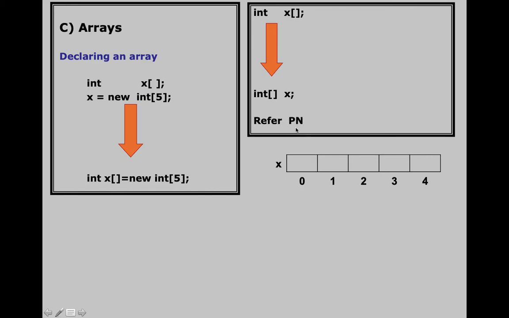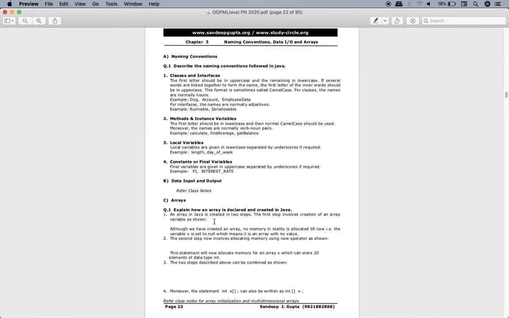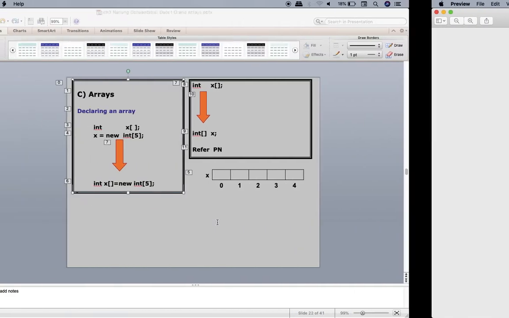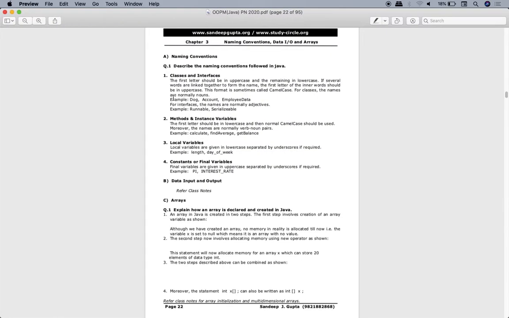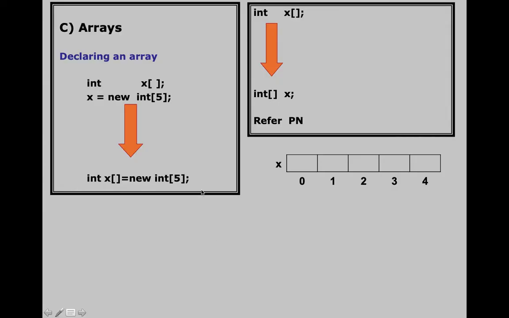Now you should copy these things in your printed notes, okay? PN means printed notes. In your printed notes, this statement, this one, you will copy under point number 1 over here. Then this statement, this one, you will copy under point number 2 over here, and over here you see lots of space, so here you will copy this entire thing. See what I'm encircling, this entire thing, you should copy under that point. Okay, so pause the video and do that. Come on.